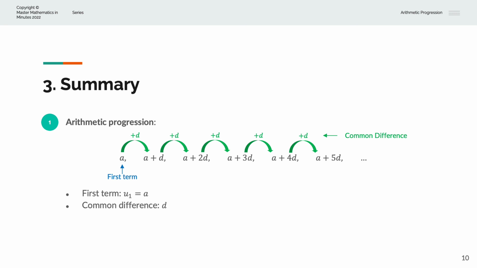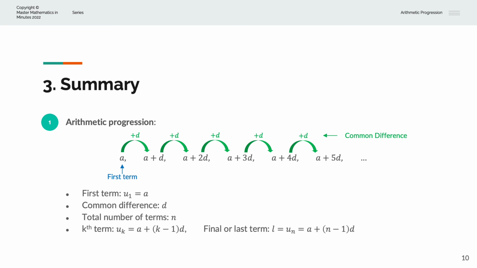And the common difference is known as d, and the total number of terms is n. So n can be 5, it can be 10, it can be infinity, or any other number. And the generic kth term formula is uk is equals a plus k minus 1 into d. And the final or last term is L is equals un is equals a plus n minus 1